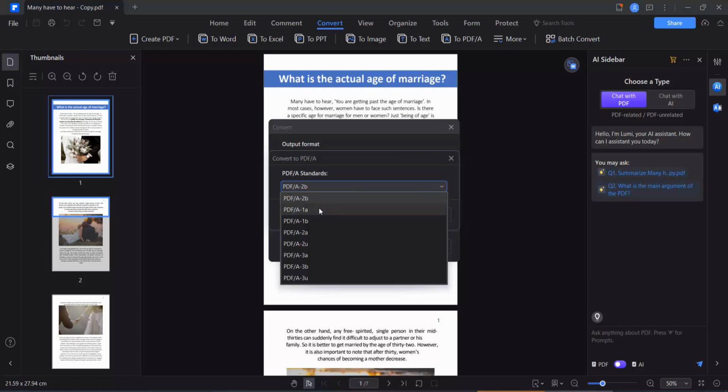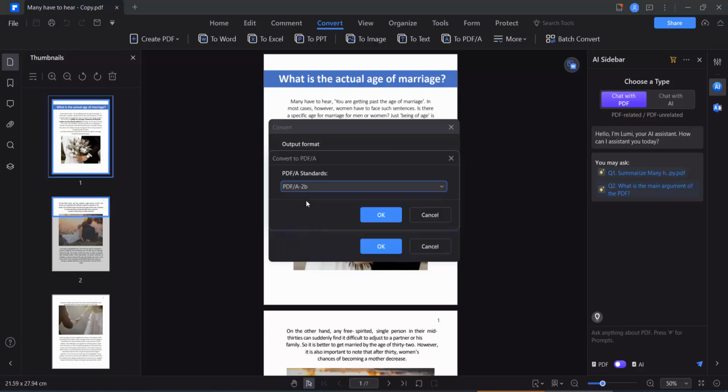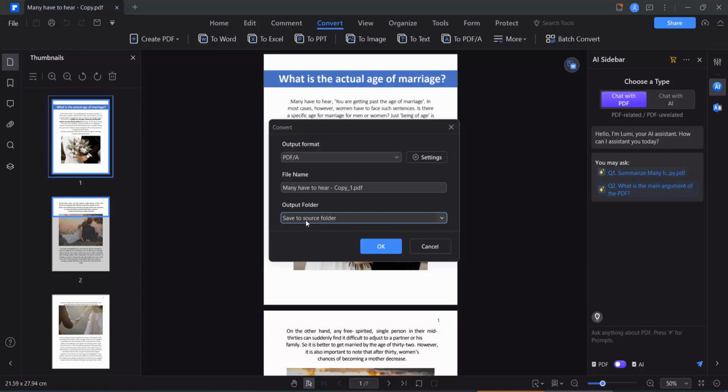and there are various formats, 1A format, 1B format, and so on. As there is a 2B format, default format. Select OK, and you can save this in the output folder, source folder, or you can select the save folder and select source folder. Now select OK